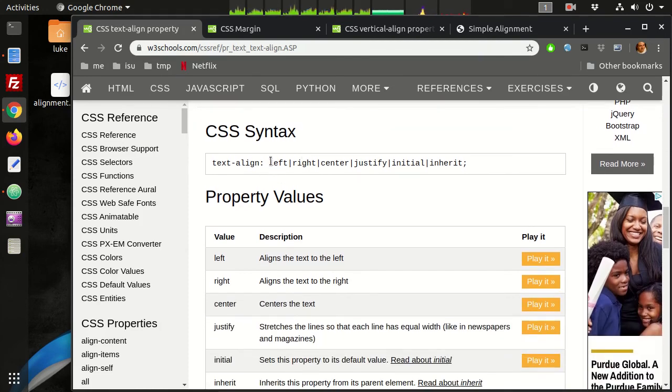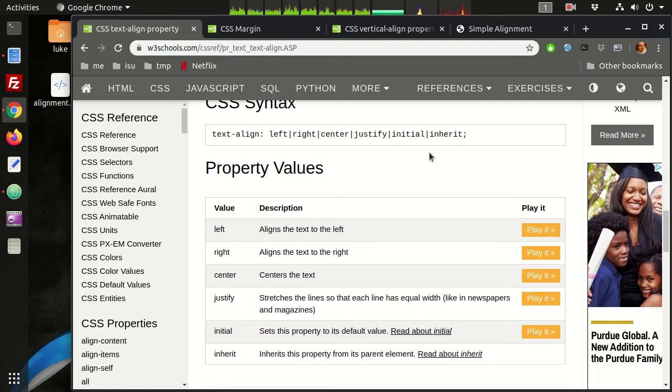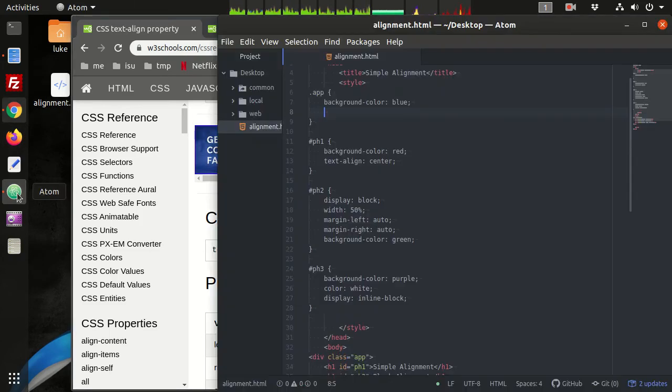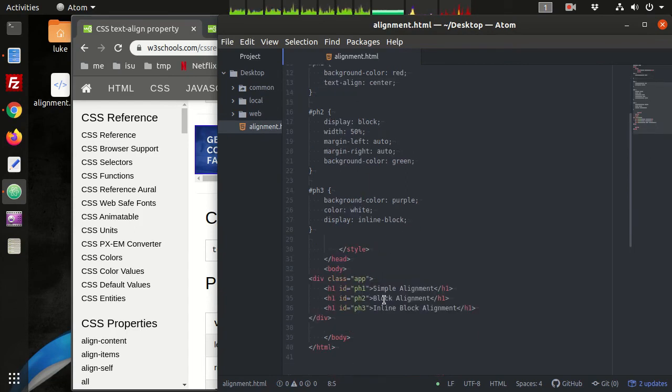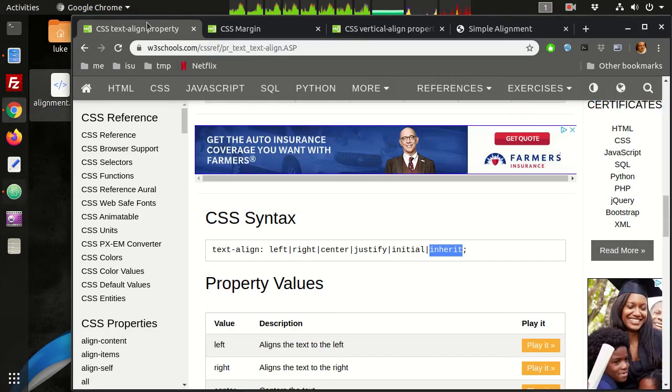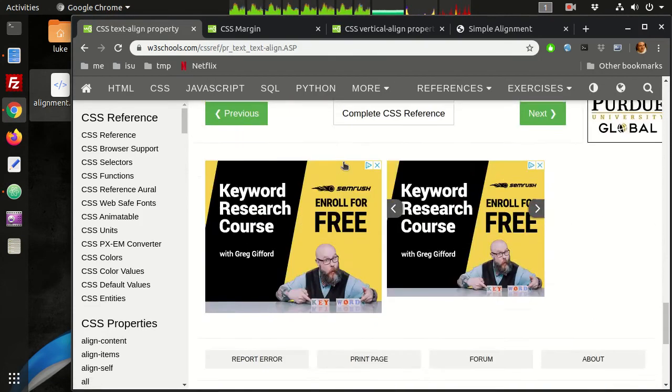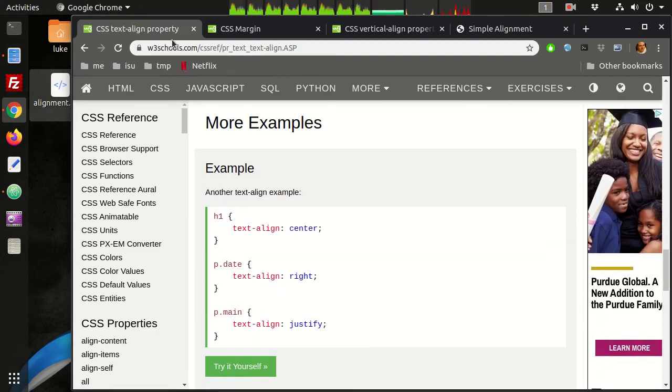The possible values are left, right, center, justify, initial, and inherit. And that inherit is what happened when we made the app div text align center: it made the H1 here inherit that trait, and so it centered its text as well. Okay, so that is the text align property.